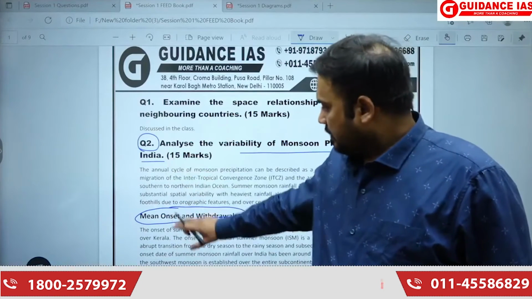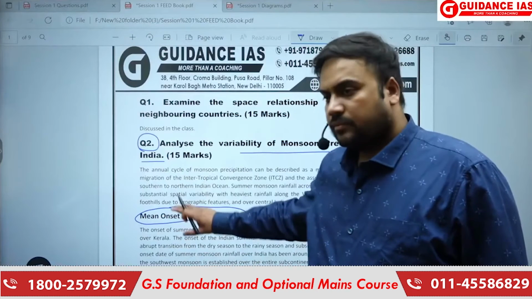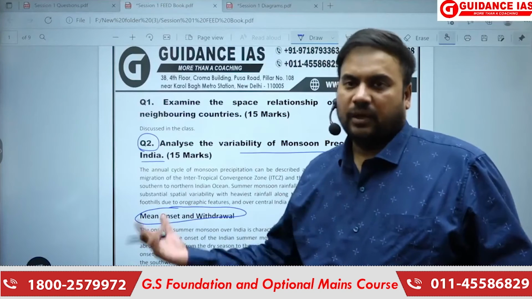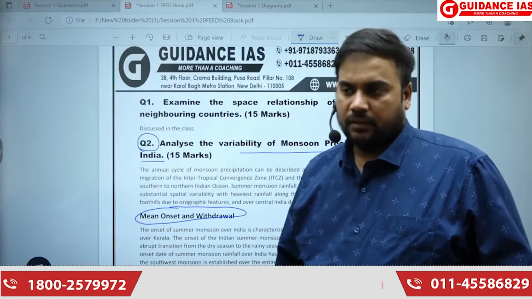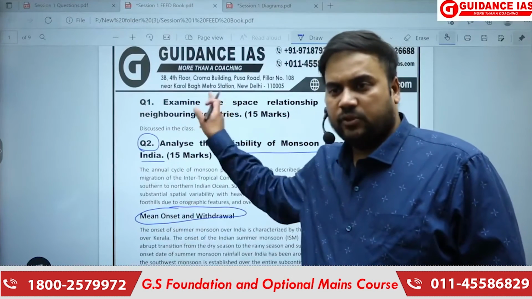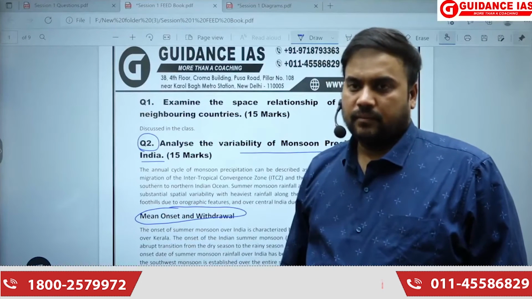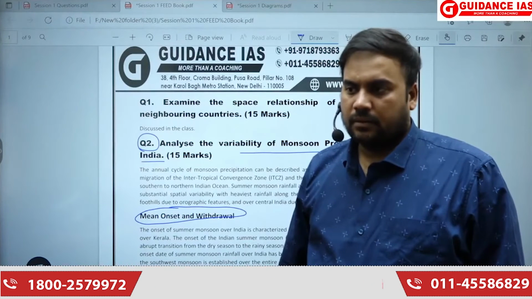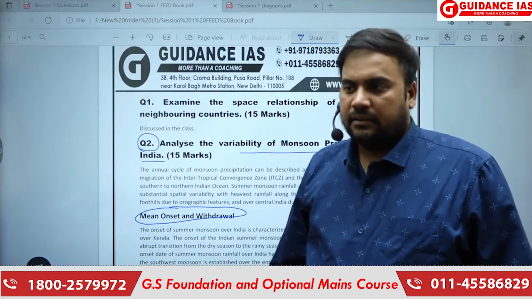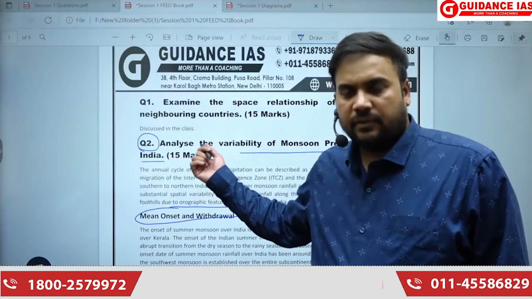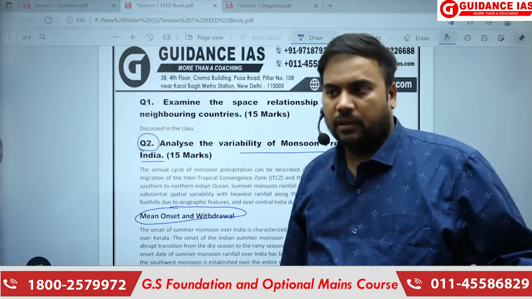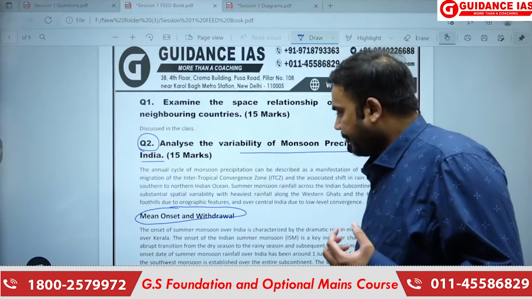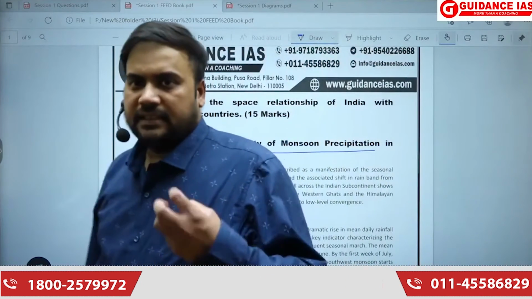Is it here the cause wise or pattern wise? Is this approach fine, or is the one I wrote in it a better approach? Tell me which approach is better. You'll find that the pattern wise we talked about, the spatial, temporal, that is a more relevant type of approach. Okay, so this is what I am trying to say.